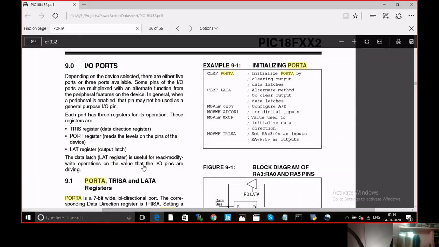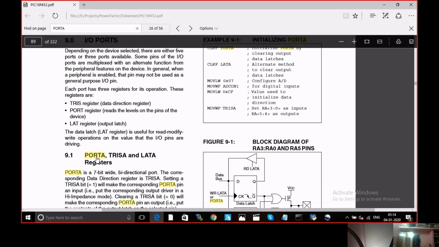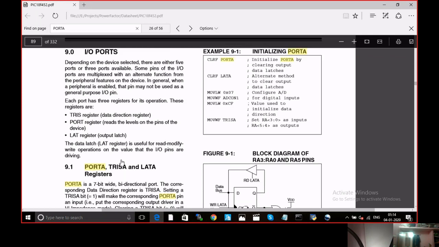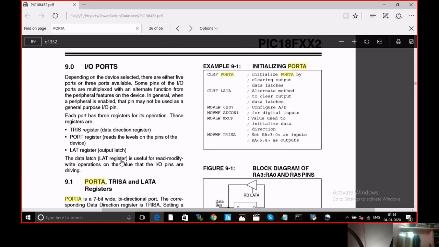Our running LED is connected to port A. So before going to the software, we will explain the hardware details. Now, the PIC18F